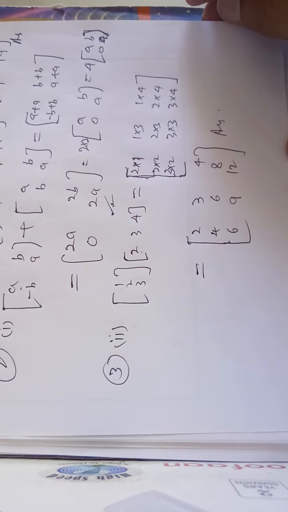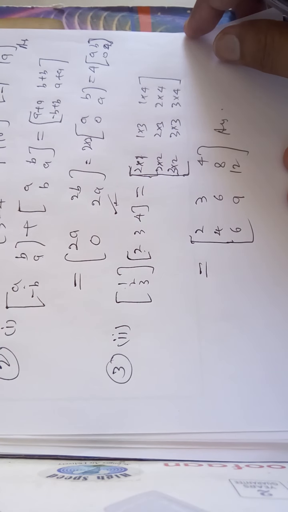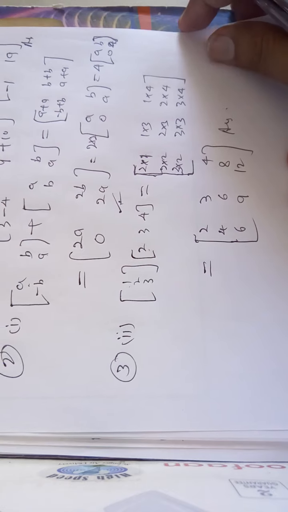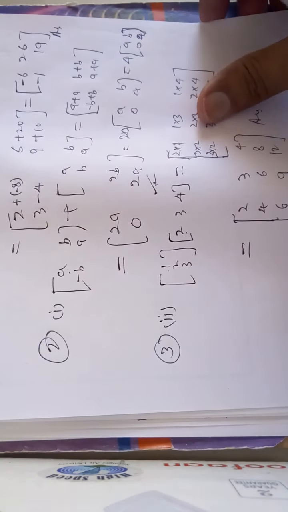Now question number 4 is the same type of question, 5 is also this type of question, and 6 is also the same but with a trigonometric function. So now let's take question number 6. We will solve questions 1 to 6 only today, and in the next video, questions 7 to 20. Question 6 is a trigonometric question.